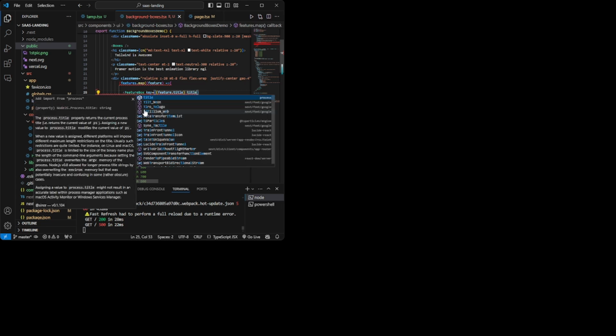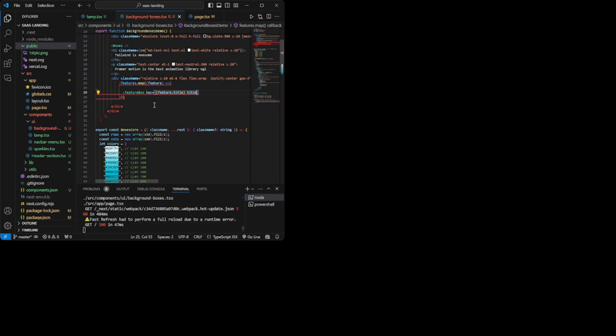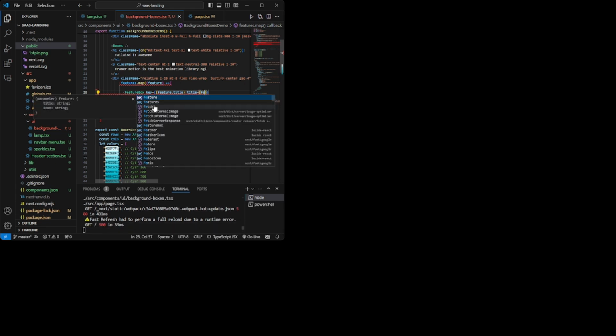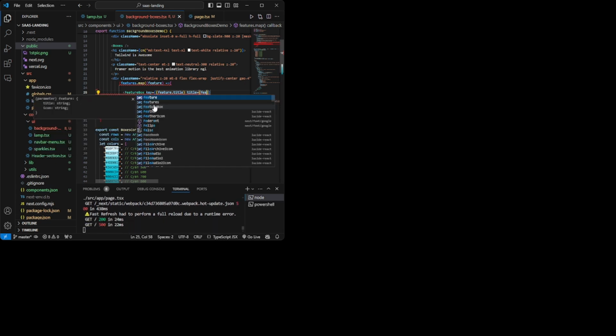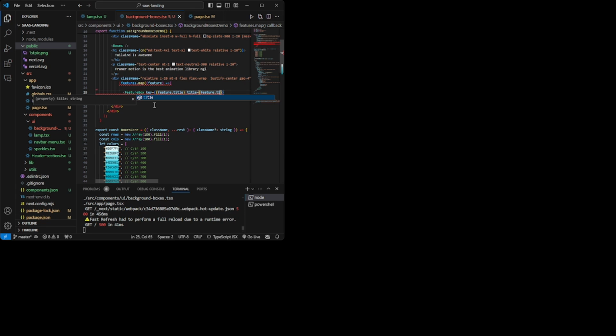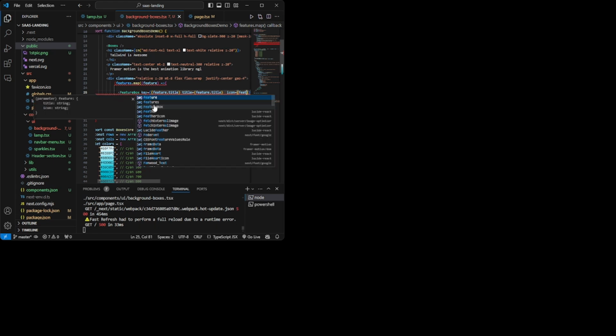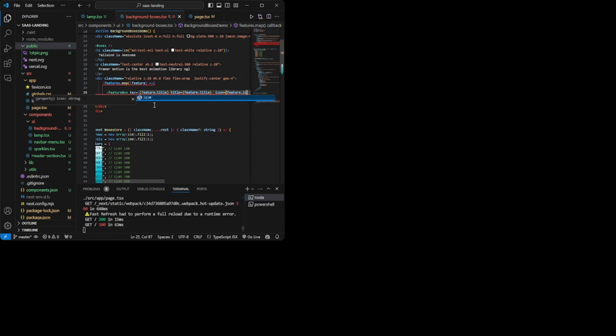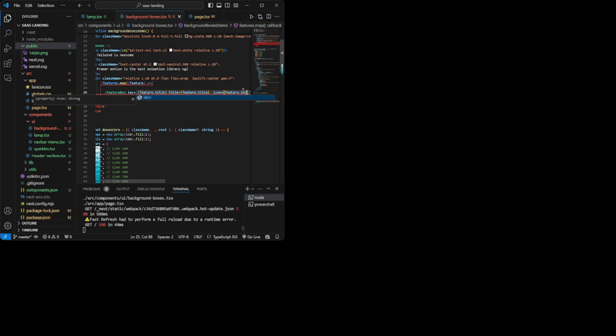Then title, feature.title. Then again, icon equals feature.icon. I'm going to use every variable I had used earlier.